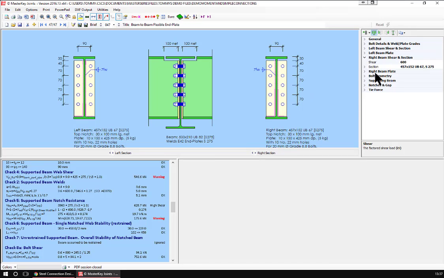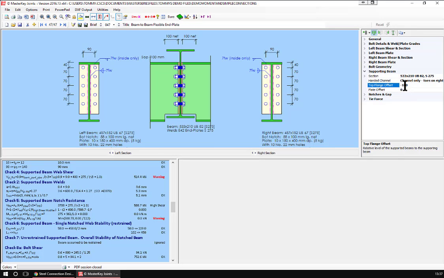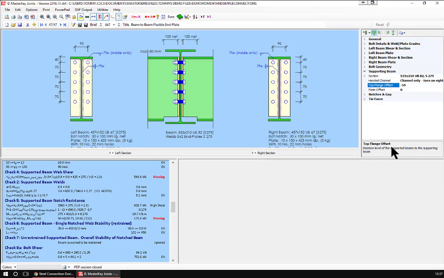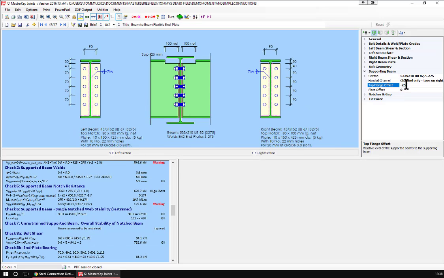But naturally, one of the other options is to come along and drop the beams. Top flange offset, that's what I want, is 100 mil. Oh, better not. Minus 100, and that's too much, so let's go minus 50. Oh, that's a bit too much. Minus 25, which is just below. So you can see in this case you would never get without notches, so our section sizes are a wee bit overloaded for that